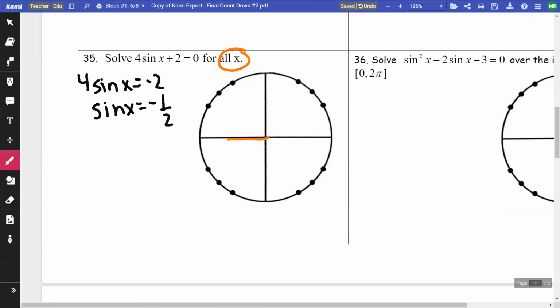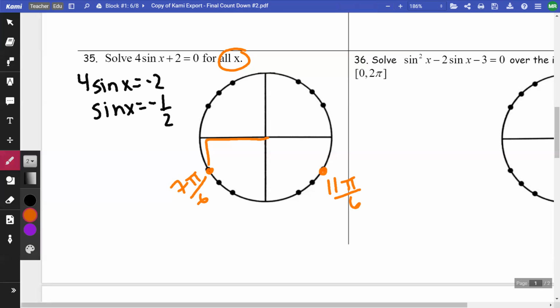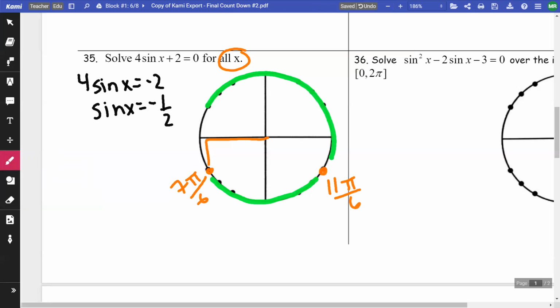And it's going to be long, short. I want my y to be short. So that's going to be, sorry, this is 6, so this is going to be 7 pi 6. And it would also be over here, which is 11 pi 6. And then sometimes, depending on the distance between them, we can write one in terms of the other, but you can see the distance here is not the same as the distance in this direction. So I'm going to have to write out 2 separate answers. Okay. So one answer is going to be